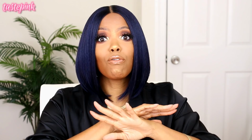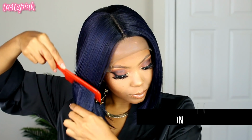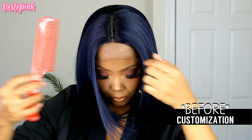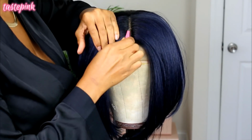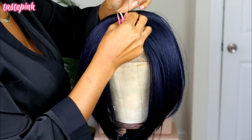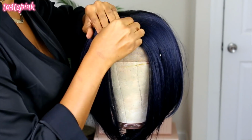So before we get into showing off the units, I wanted you guys to see the standard customization that I used for all of these units except for one. So with all of the units, I went in to tweeze the parting space. Now, some are easier than others. I definitely advise being careful because you can easily puncture the lace. This is a softer lace. It's very comfortable. So take your time when you're tweezing it or using your fingers to remove the hair at